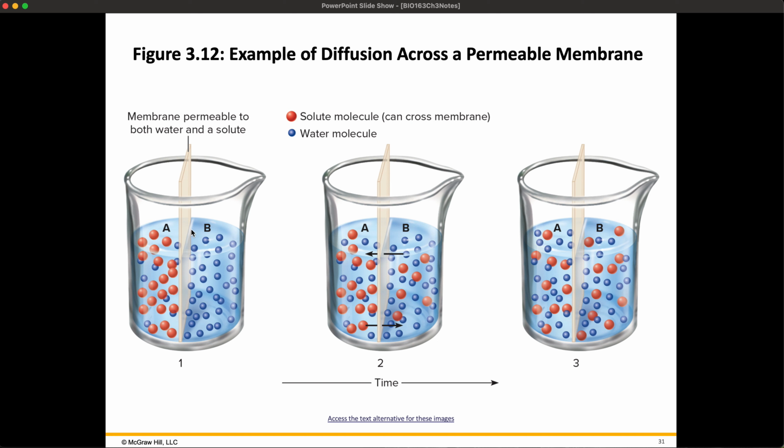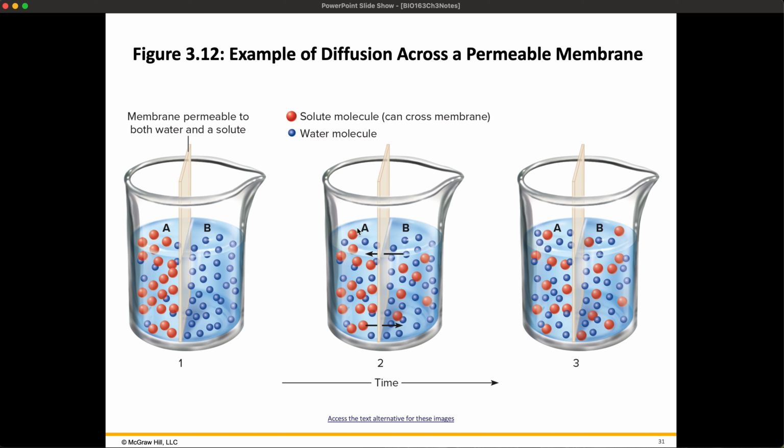At first you can see the little blue ones are water molecules, and the big red ones are the solute, what you're adding. So this could be your sugar molecule. At first you put in your permeable membrane and you have more water molecules on the B side, fewer on the A side, but you have all of these solute molecules here. Since this membrane is permeable to both water and the solute, they're each going to move down their